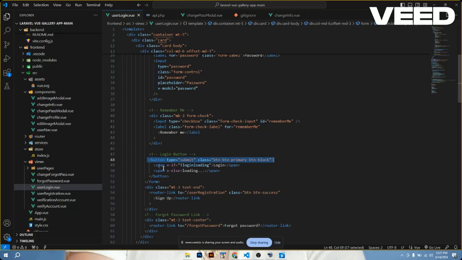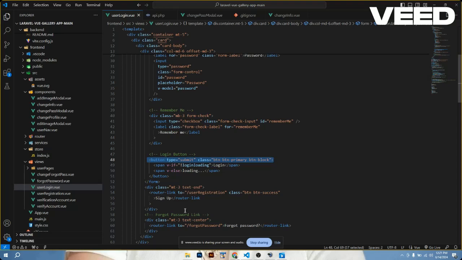button type equals submit, class equals btn primary btn block. This line creates a button element.